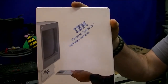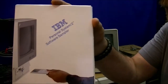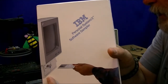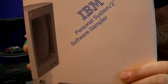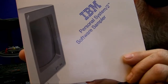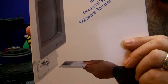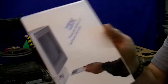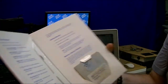So here is the IBM Personal System 2 software sampler. They show it with a single diskette, and this is a Model 25. It looks like a big button diskette drive. That could even be the original Model 25 here. And on the inside, it shows,